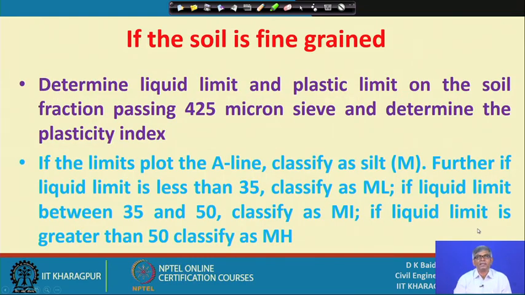If the soil is fine grained, then determine the liquid limit and plastic limit on the soil fraction passing the 425 micron sieve, and determine the plasticity index. Fine grained actually means more than 50% passes through the 75 micron sieve; then it will be treated as fine grained, and then you take the soil passing 425 micron and do the plasticity